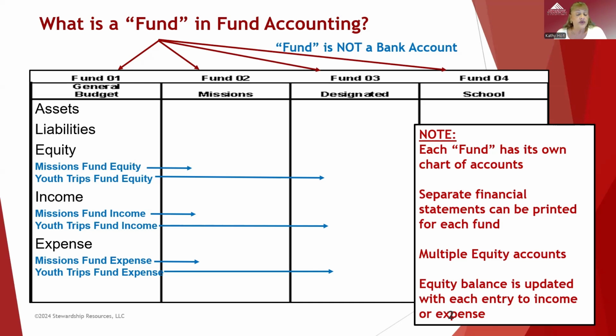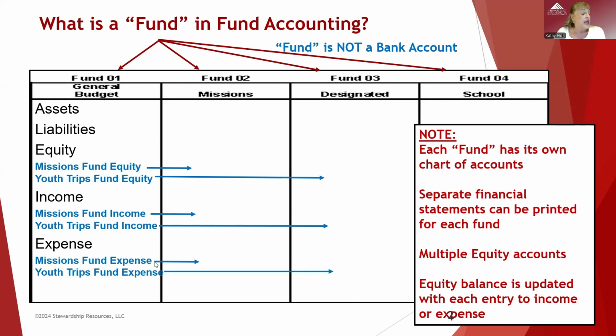One of the biggest differences in a fund accounting program is you can set up multiple equity accounts. In my example over here, notice we have a missions fund equity. I have the missions fund pointed to the missions fund because we're going to set up a separate fund, a separate chart of accounts, for our missions. So in here, we would have an equity account just for our missions fund. We're going to have any income accounts associated with our missions fund,